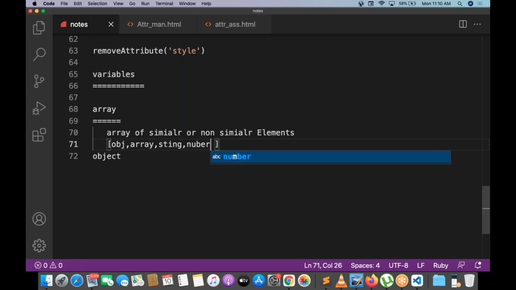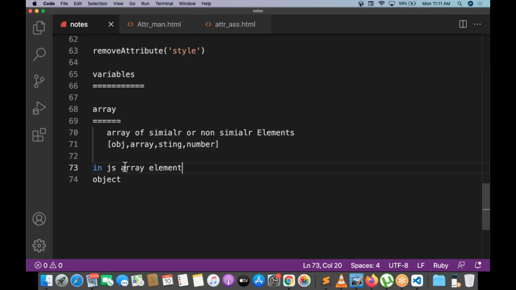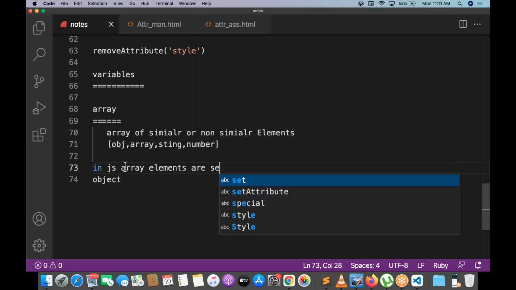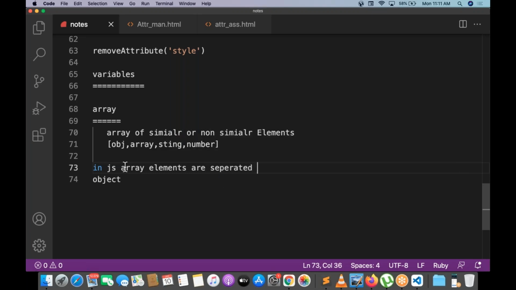We don't care about that. But remember one point here: in a JavaScript array, elements are separated with a comma.